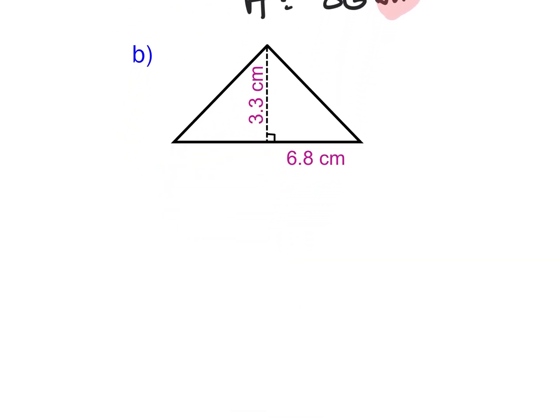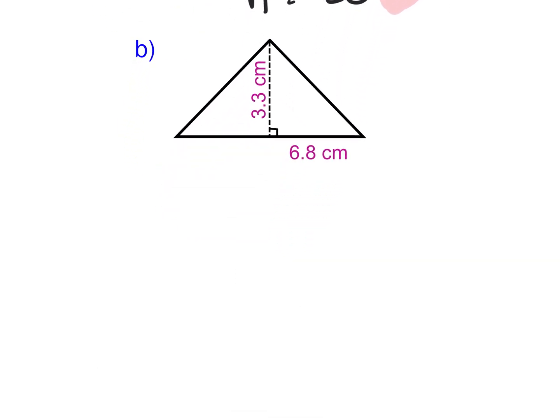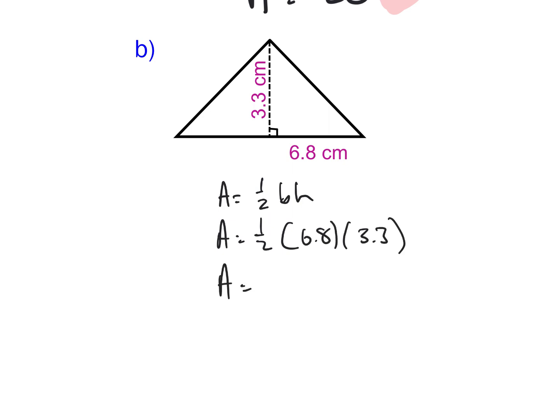Part B. What do we have here? Triangle. Cool. Formula for area of a triangle is 1/2 the base times the height. The base is 6.8. The height is 3.3. So we're going to take our calculator here and